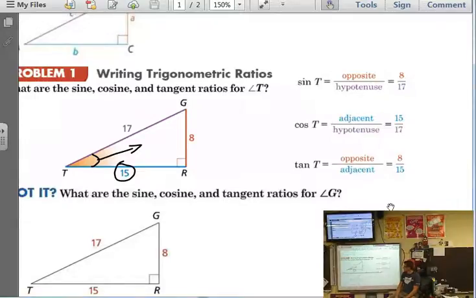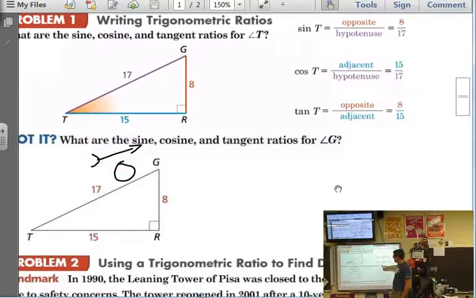Now you might be thinking, well, this is kind of dumb. That doesn't actually tell me anything. We just found some ratios. So on your calculator, you will probably notice above sine, cosine, and tangent, what do you see? An inverse sine, right? You see sine to the -1, cosine -1, tangent -1. So here, and we're going to practice this today, but where this would be useful is then,